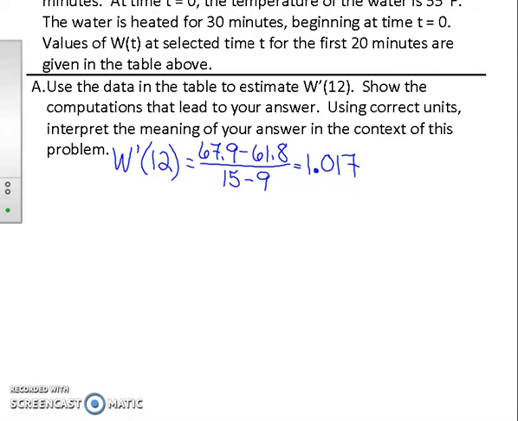Well, if you think about what you were calculating, you were doing degrees Fahrenheit divided by your time, which is measured in minutes. So degrees Fahrenheit per minute. Just looking at the units alone tells you that that's a rate of change. So the way that you describe this in the context of the problem is you would say W prime of 12 is the rate of change of the temperature